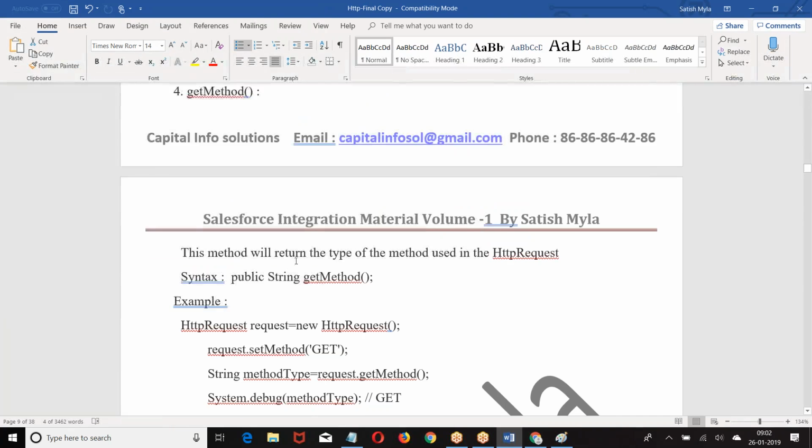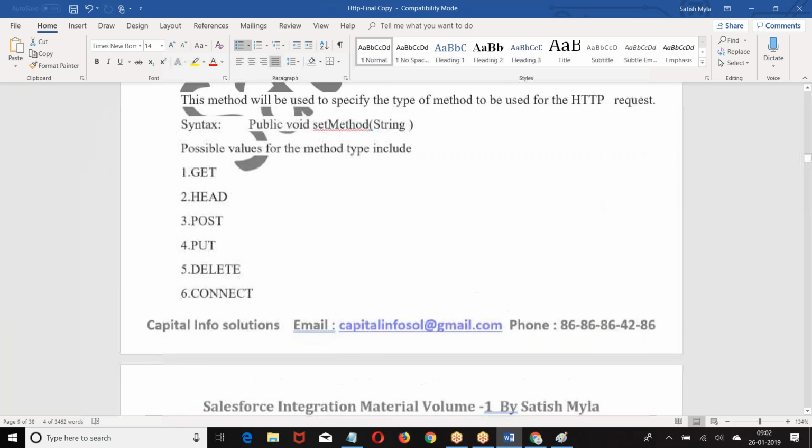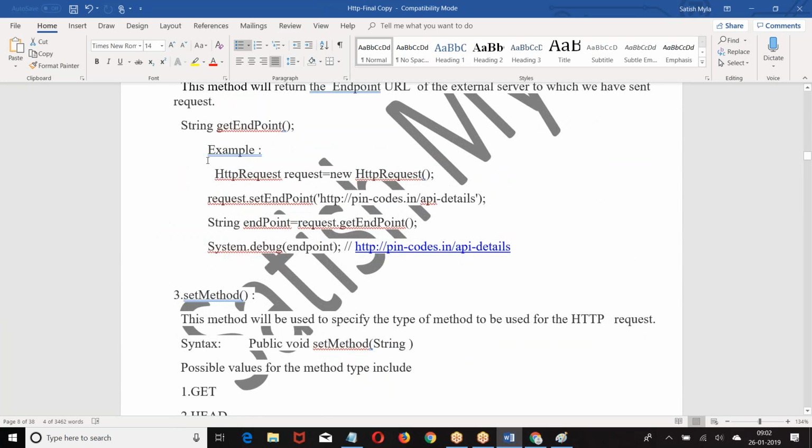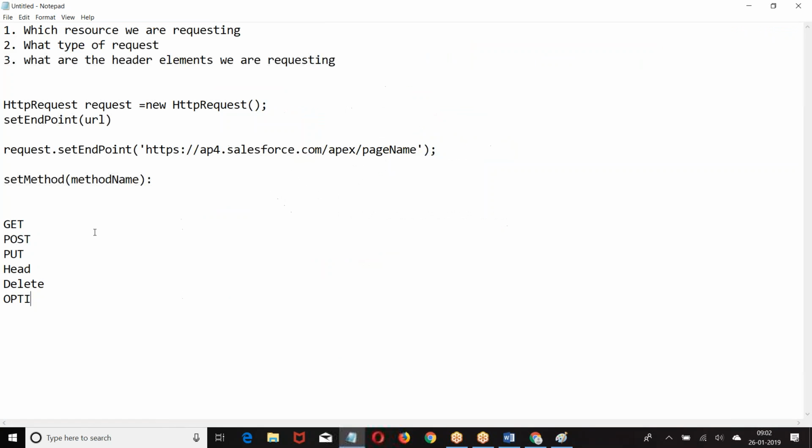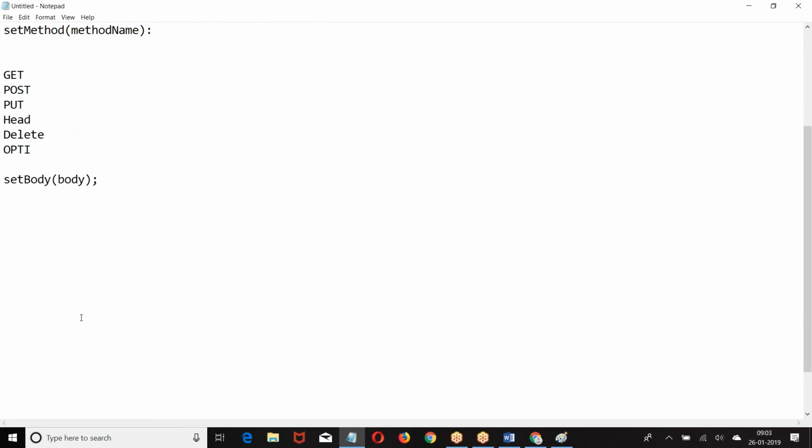So this is the story about the second method. What is the second method? Set method. Then set body. Now whatever data you want to send, that will be sent in the body. How are we going to send the body? Now, name equal to Satish.